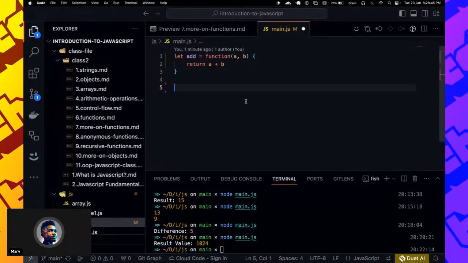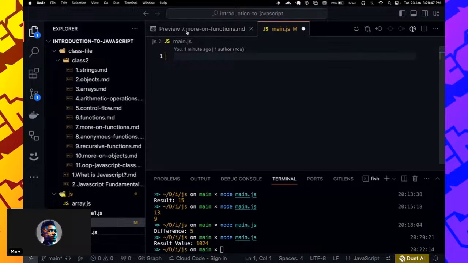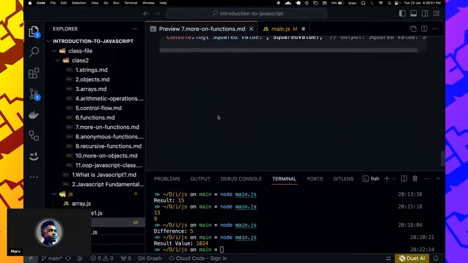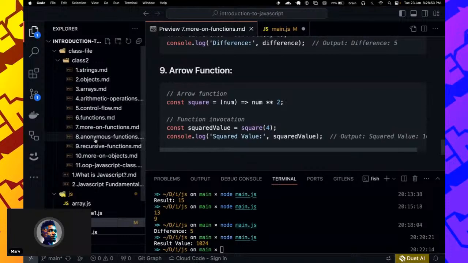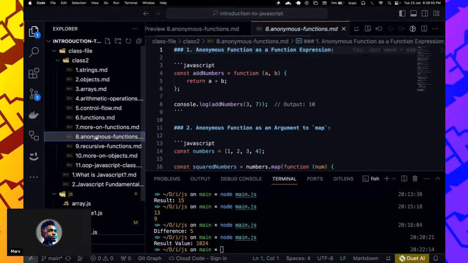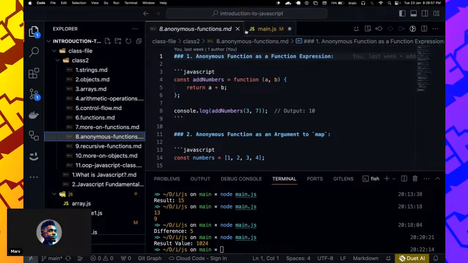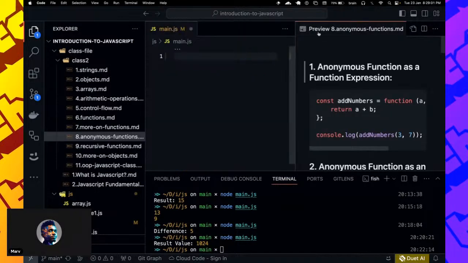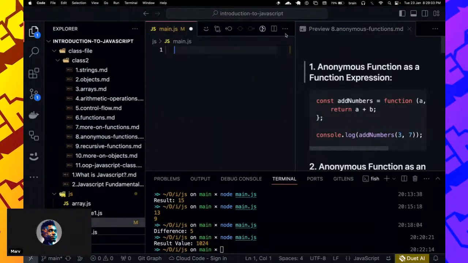let's proceed. Let's go back to this file. So I think that is it for what we have in here. Let's move on to anonymous functions. Hopefully this works today. So let's see. Yeah, great. Okay, so we have